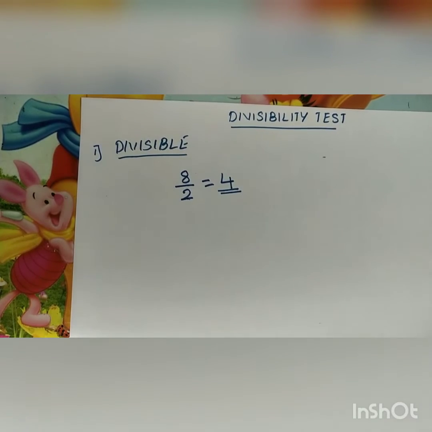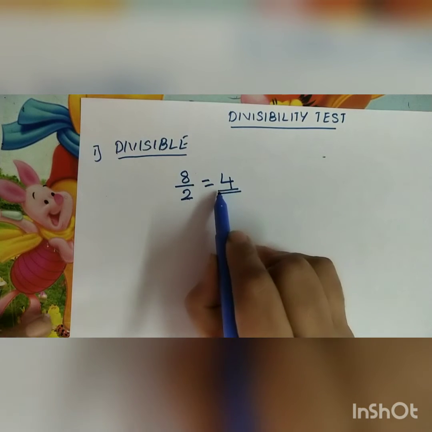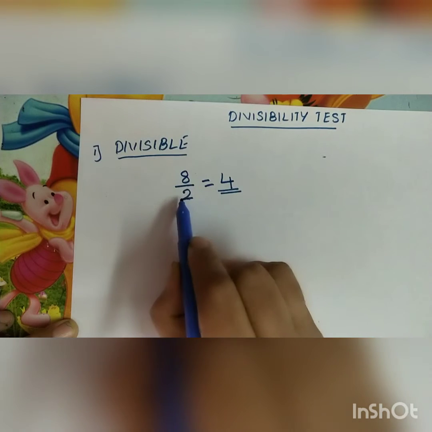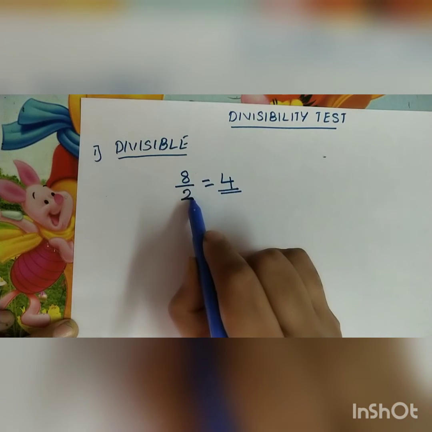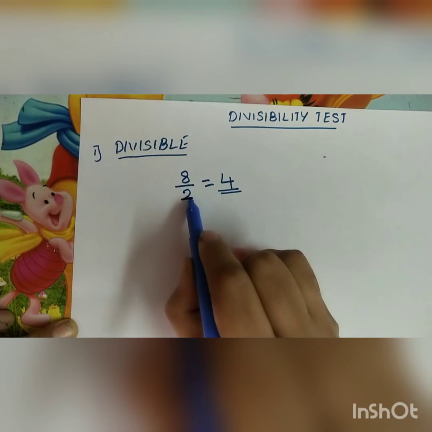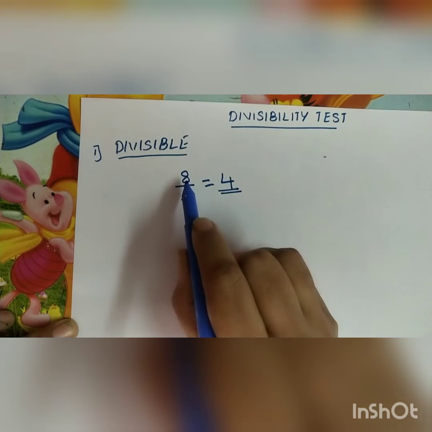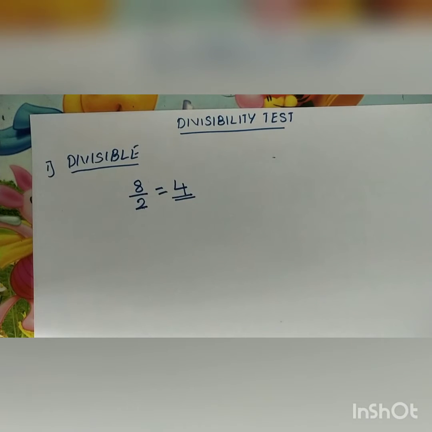When we divide it by a traditional method or any method, we get the answer 4, or you can say quotient 4. That also means that 8 being a dividend and 2 being a divisor, 8 can be equally divided into 4 parts when it is divided by the divisor 2. So we say that 8 is divisible by 2. When we say that a number is divisible, that means it cuts the dividend into equal parts without leaving any remainder. The divisibility test helps us to determine if the given number is divisible by the fixed divisor.